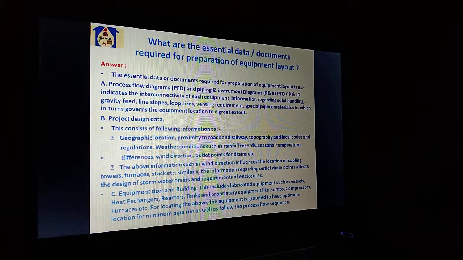What are the essential data or documents required for preparation of equipment layout? The essential data or documents required for preparation of equipment layout are: A. Process flow diagram and piping and instrument diagram